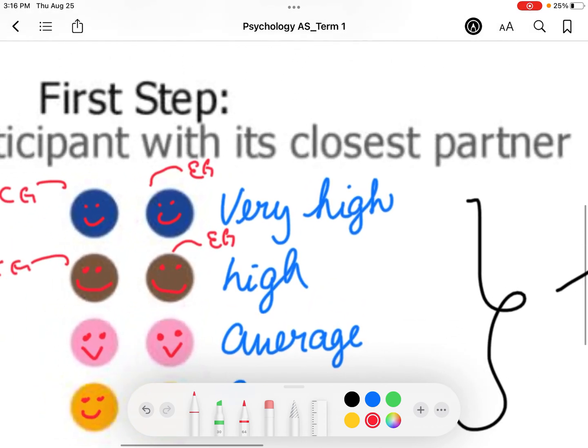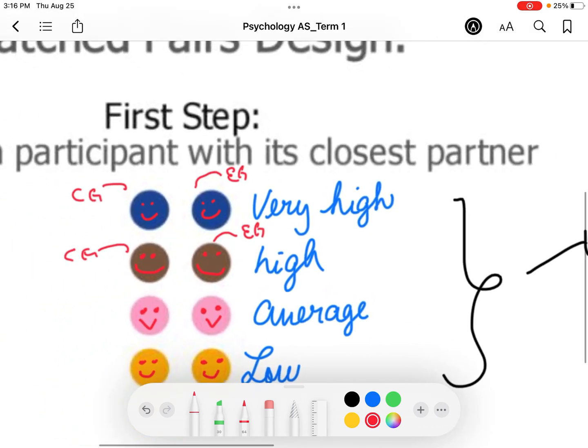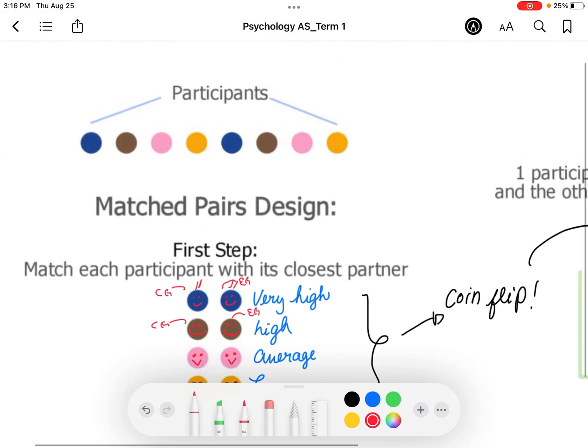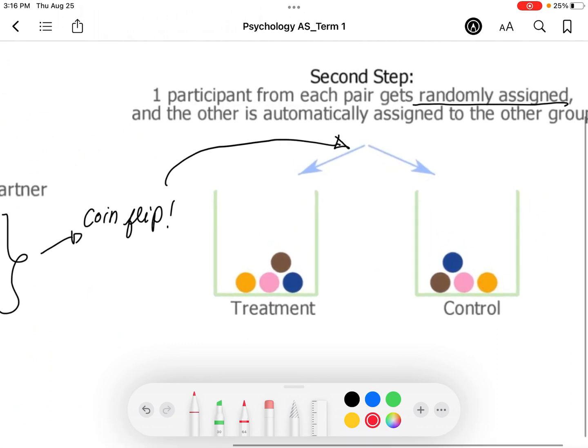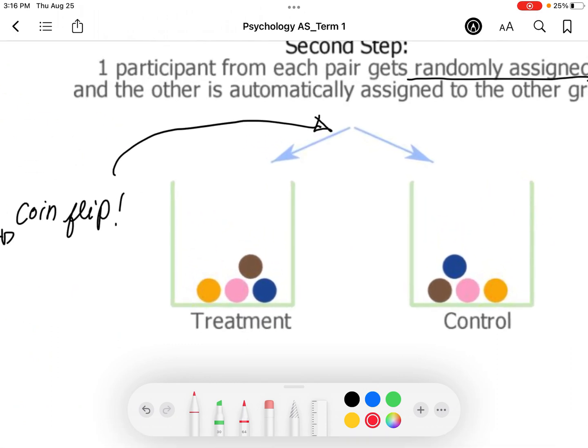So now look at this. We have 2, right? You do a coin flip to find out which one of these persons go to the experimental group or control group. Now they are assigned, right? 1 for each group. Now you will find out, depending on the results of the study, if the effect matters depending on their IQ. All right? For example,